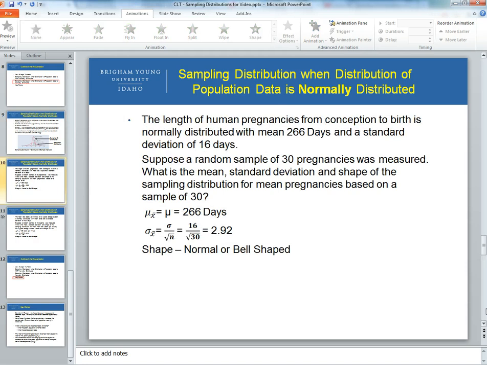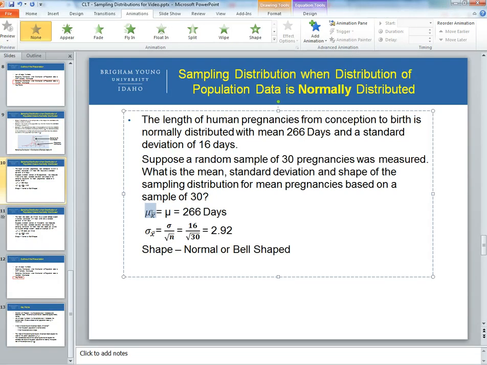The length of human pregnancies from conception to birth is normally distributed with a mean of 266 days and a standard deviation of 16 days. Suppose a random sample of 30 pregnancies was measured. What is the mean, the standard deviation, and the shape of the sampling distribution for mean pregnancies based on a sample of 30? Well, the mean of the sampling distribution is equal to the mean of the original population, which